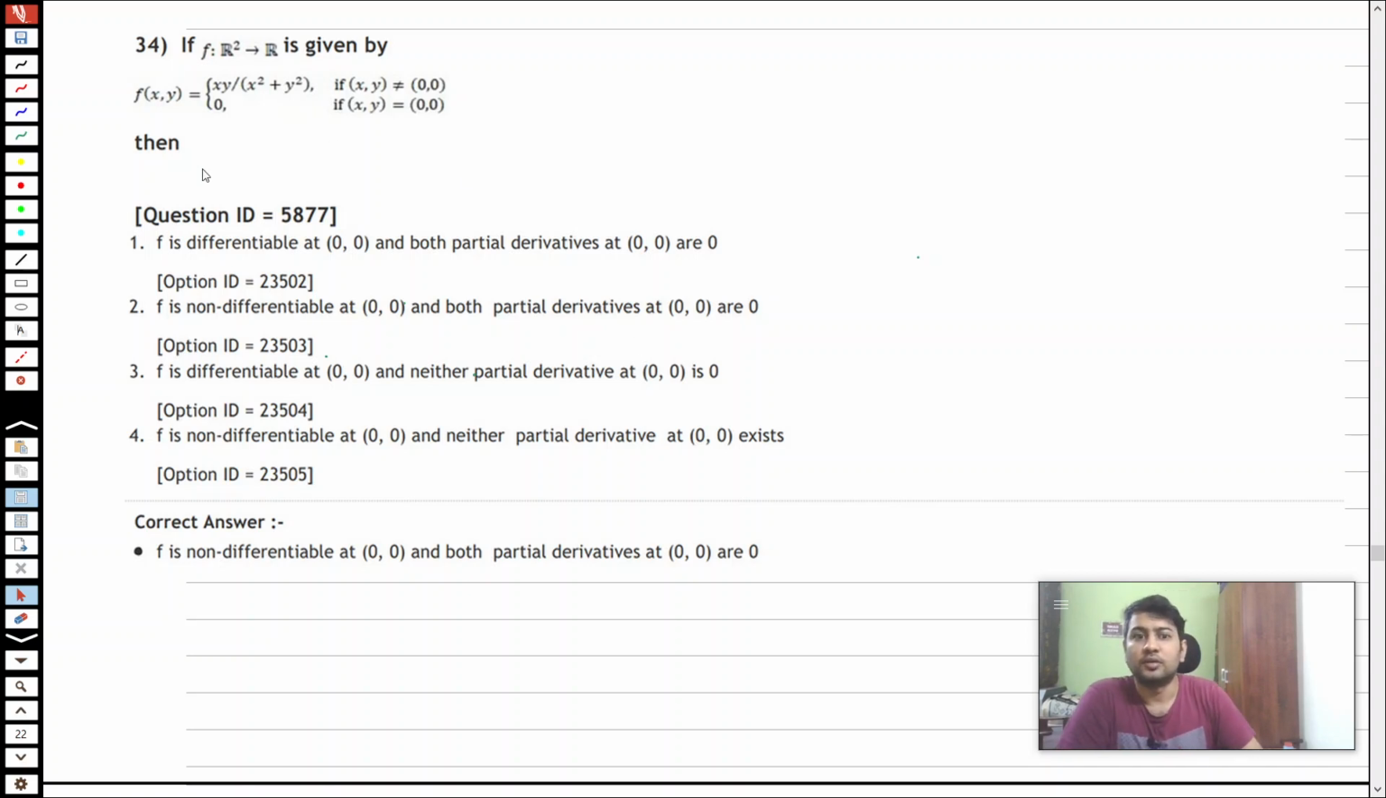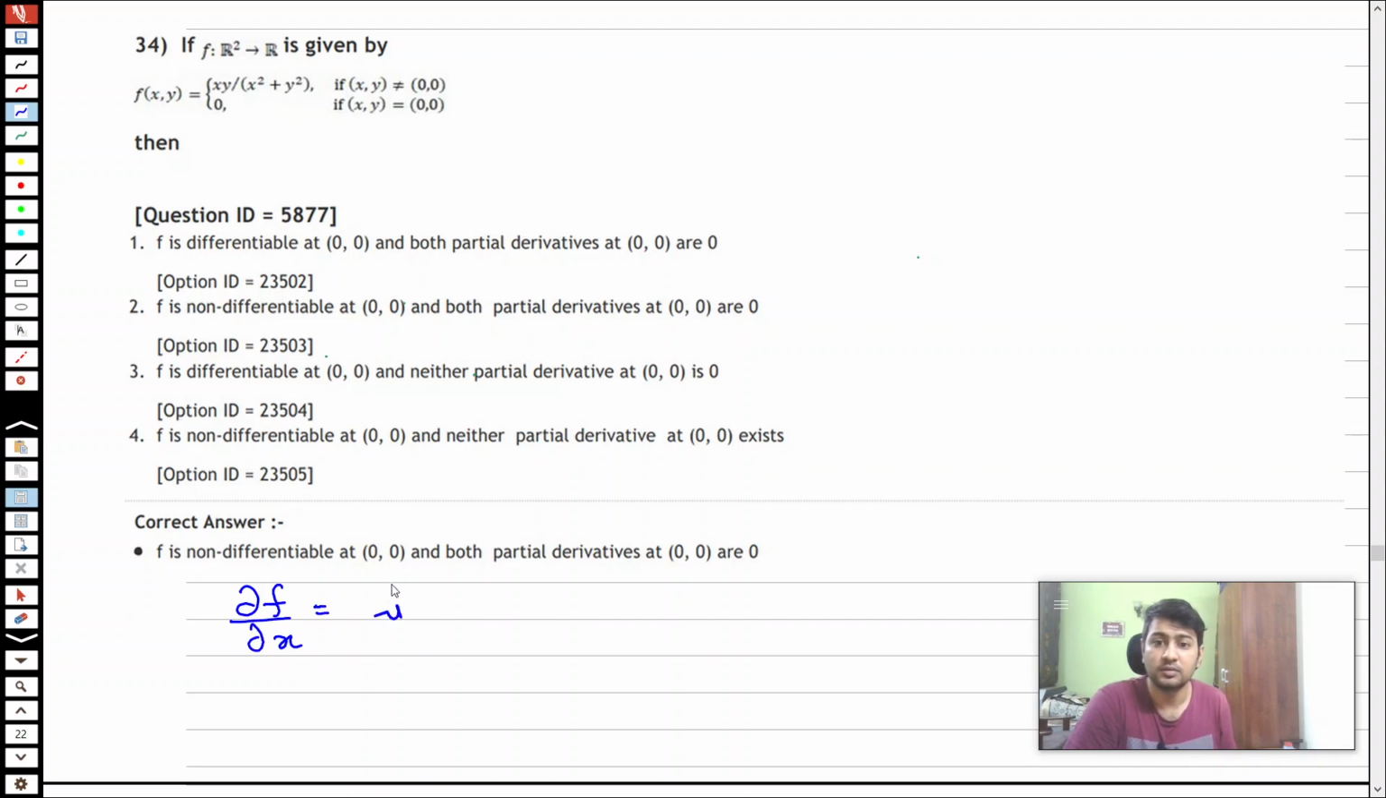Okay, now question number 34. In this question we have been given a multivariable function and we have to comment on its partial derivatives and its differentiability. So if I look at partial derivatives, the definition of partial derivatives is del f by del x